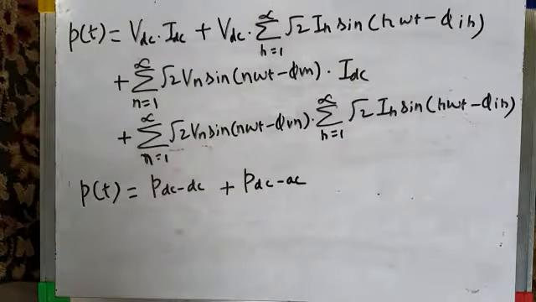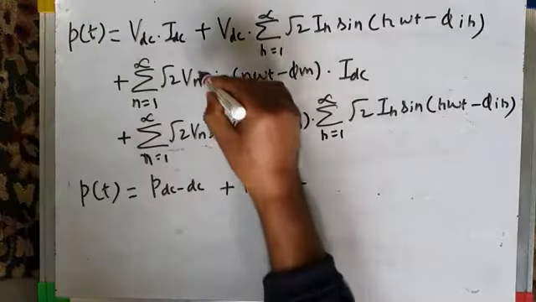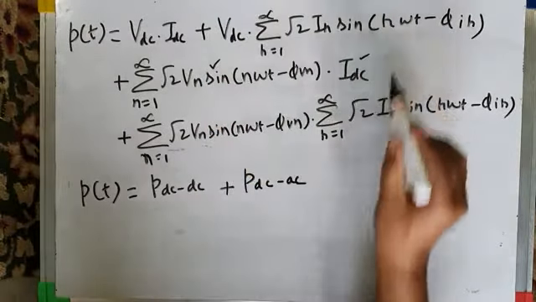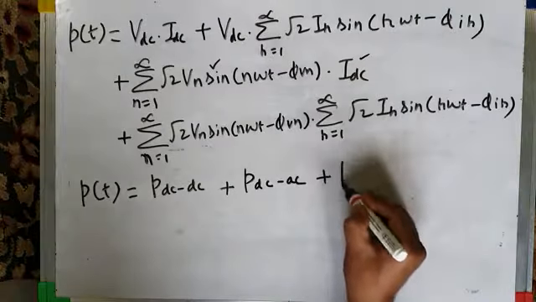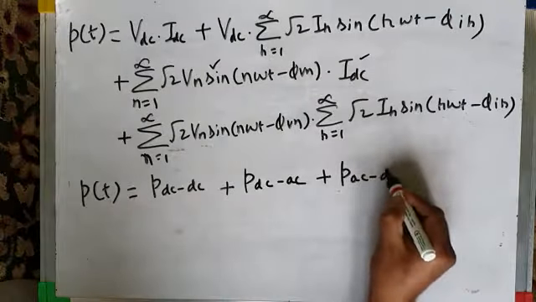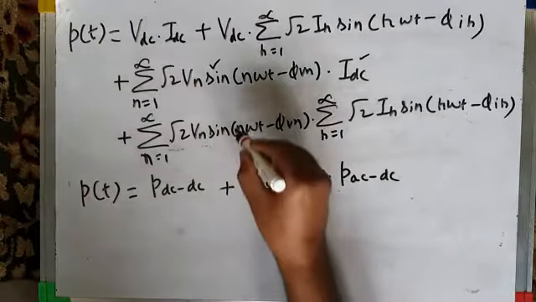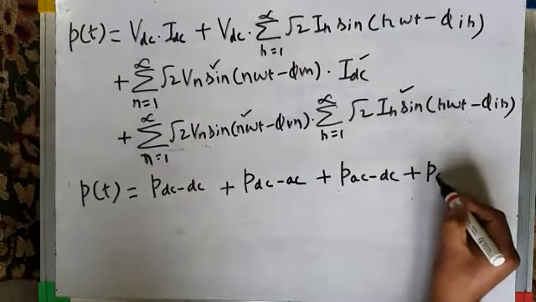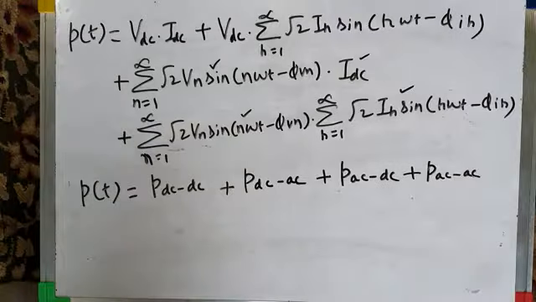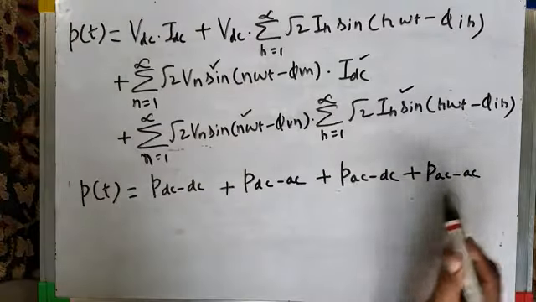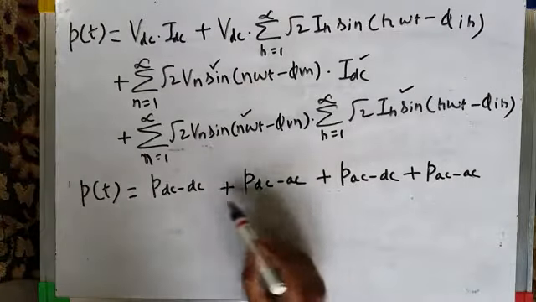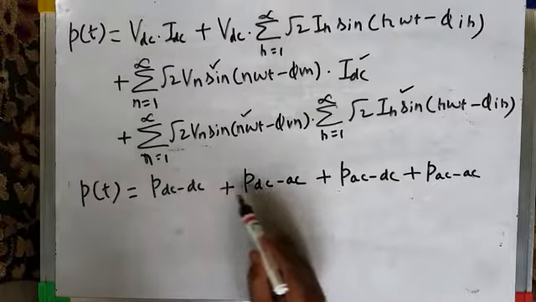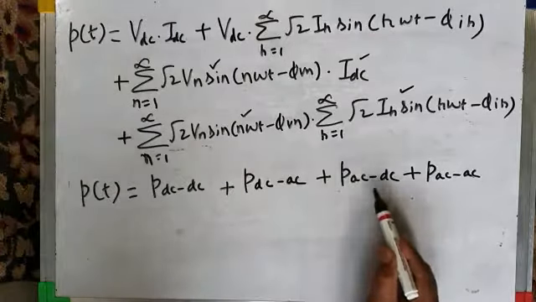In the third component of power, the voltage is AC but the current is DC, giving P_AC-DC. And in the last term of power, the voltage is AC and the current is also AC, giving P_AC-AC. Okay, so these are the various terms of power. Now, as far as these DC terms are concerned, P_DC-DC, P_DC-AC, P_AC-DC,